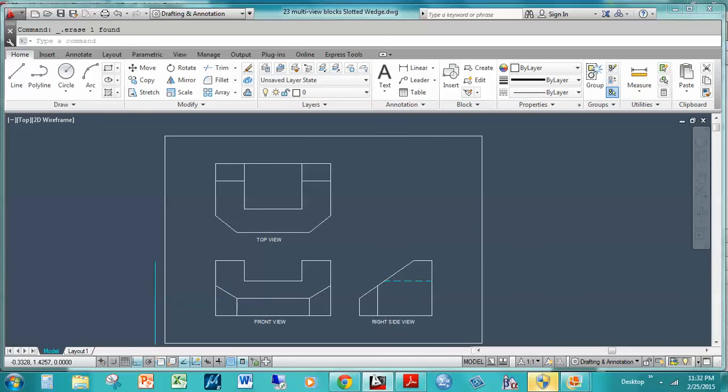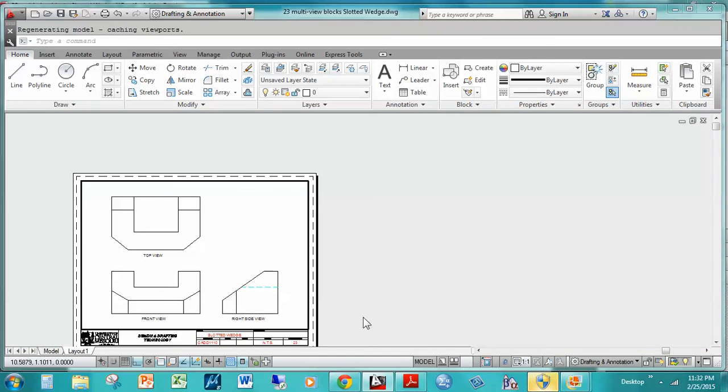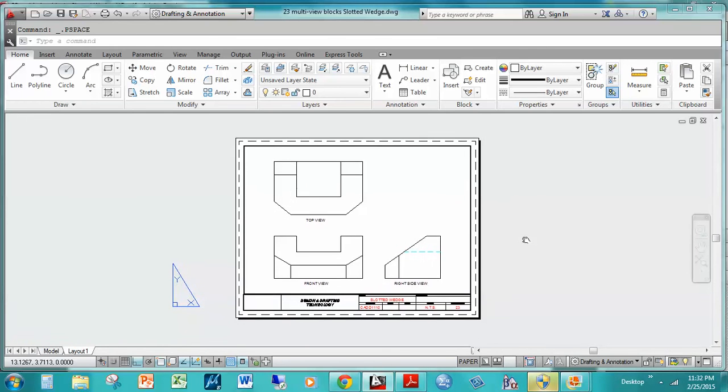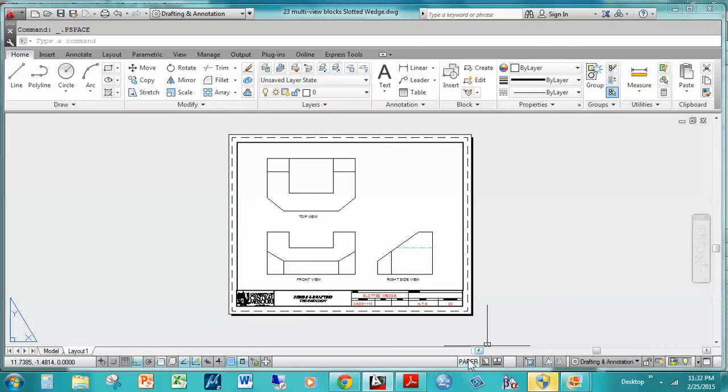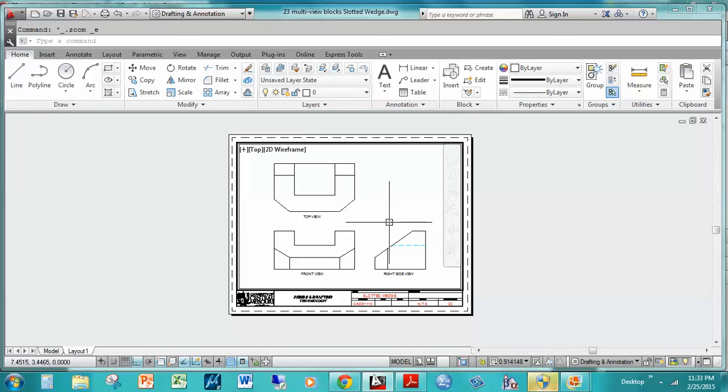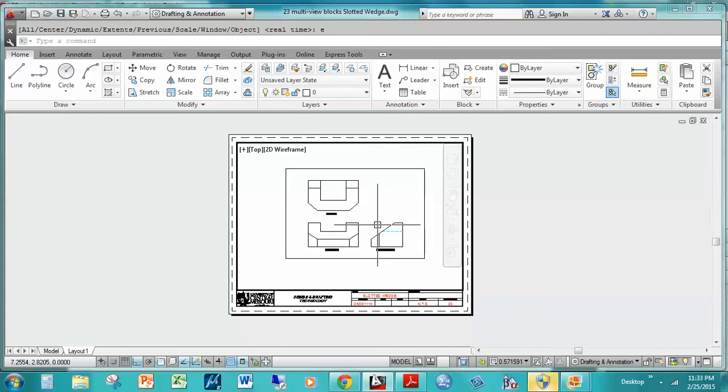And we're done in model space, so we're going to switch to layout 1. I'm going to change the model to paper so I can move the drawing a little bit. Okay, so what we need to do is, in model space, make sure the scale is 1:1. If the scale is not 1:1, unlock it, and here zoom extents to center the drawing. You can type in Z, enter, E, enter, or you can just double click on the middle mouse button